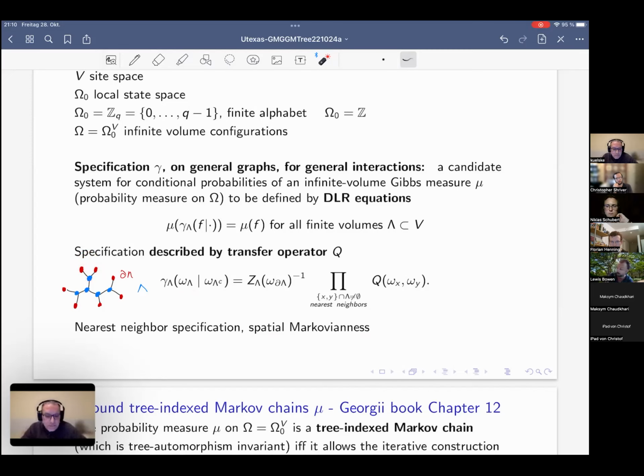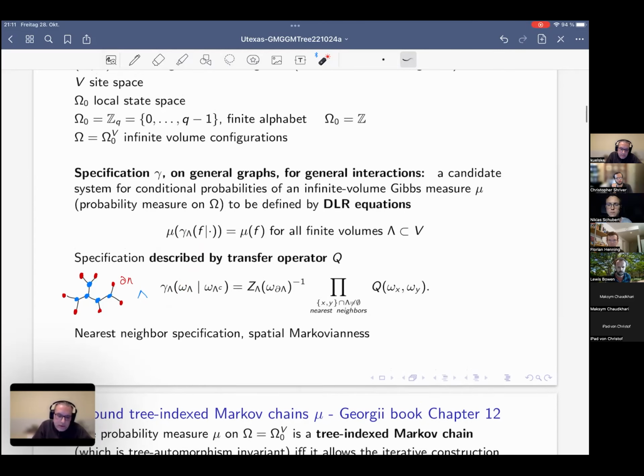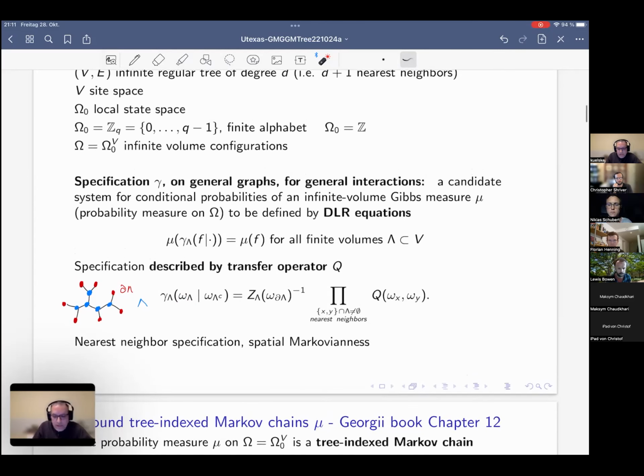And so what is the Gibbs measure? A Gibbs measure is one which has the same conditional probabilities as the specified gamma lambda. And so this is an integral version to describe what this is. Namely, you take a test function f, and you say the measure mu is invariant if you first put in the f expectation here. Yes. You take this as a probability measure. You take expectation with respect to the degrees of freedom here. And then you randomize over the boundary condition, and this gives you the same as if you take the mu.